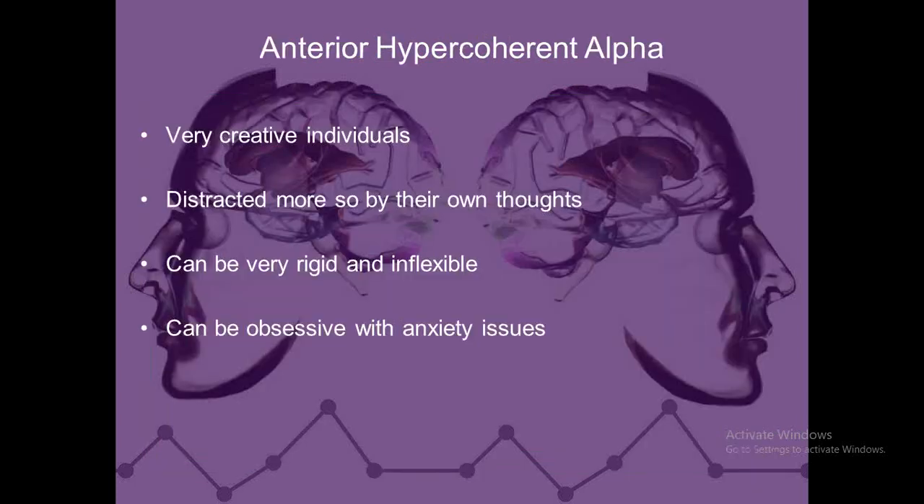Anterior hypocoherent alpha. These are very creative individuals, distracted more so by their own thoughts, so they can look very ADHD. However, they can be very rigid and inflexible, and the way I like to explain anterior hypocoherent alpha is that the left-hand side of your brain and the right-hand side of your brain are doing the same thing at the same time. The default of the brain is survival, and survival is guided by the actual